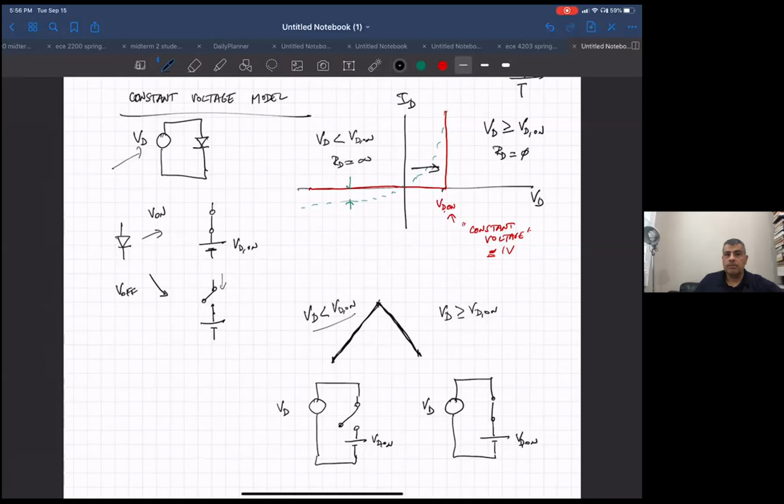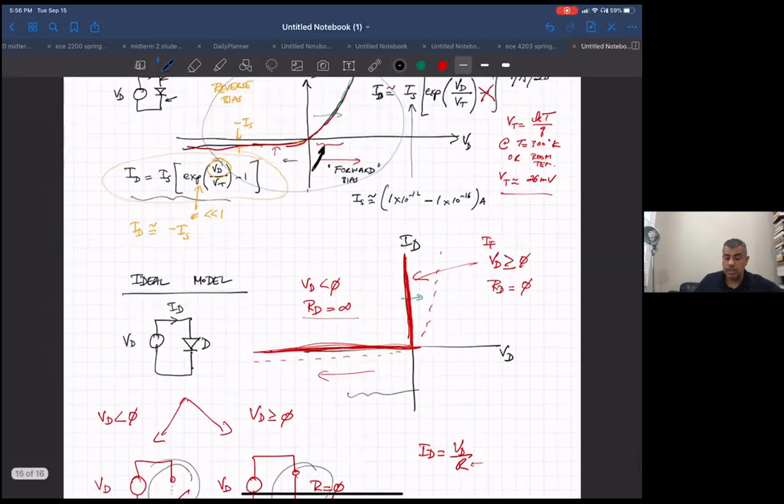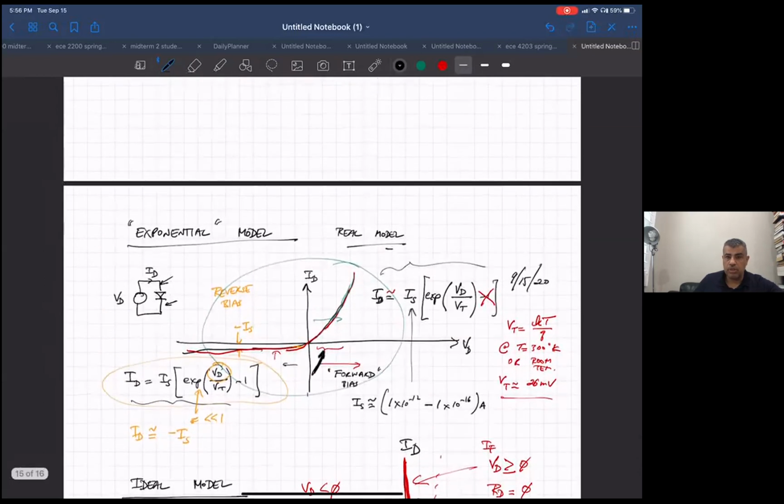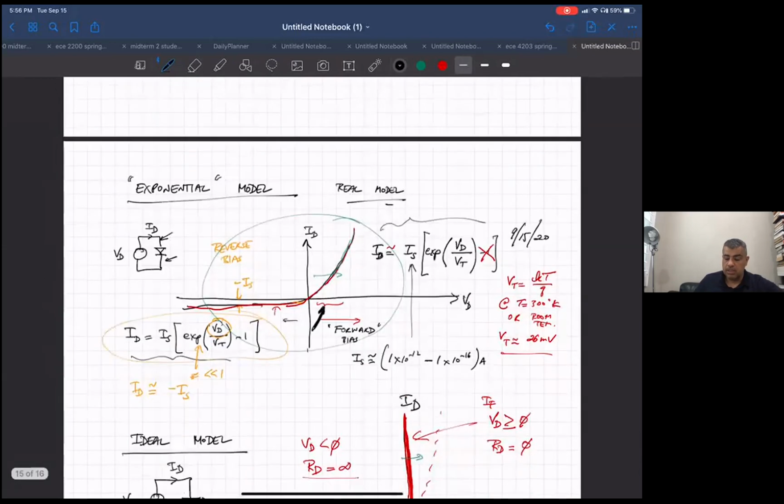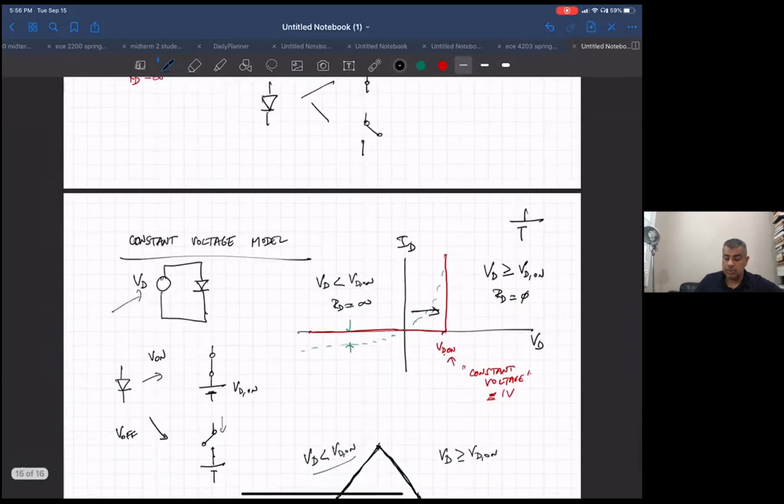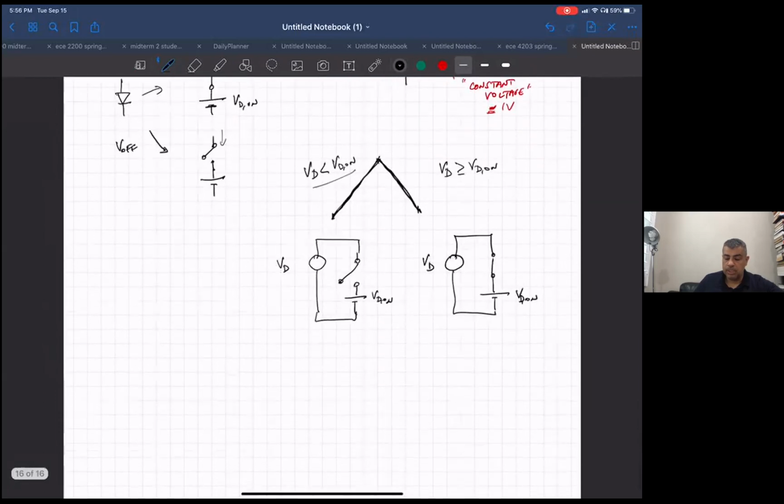And then there's a third possibility that you might actually have to revert to this exponential model. And we'll see when that is. And again, you might be told you need to do that, or you might just have to figure it out yourself, that there's something that these models don't include. And the primary thing that these models don't include,